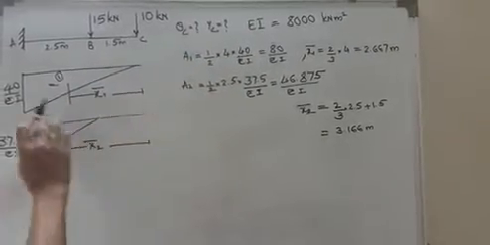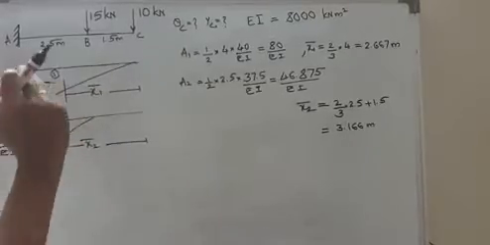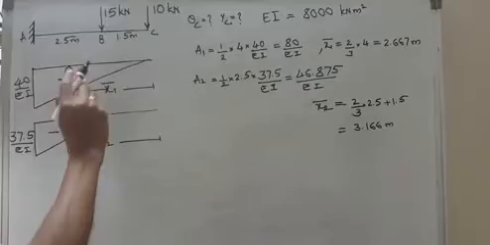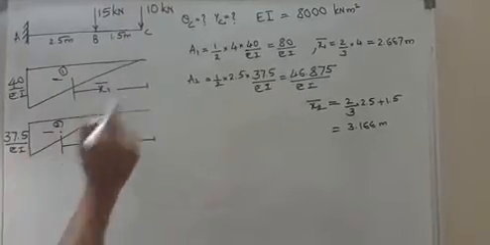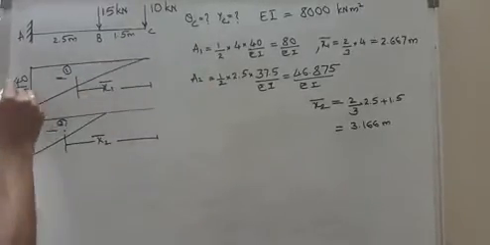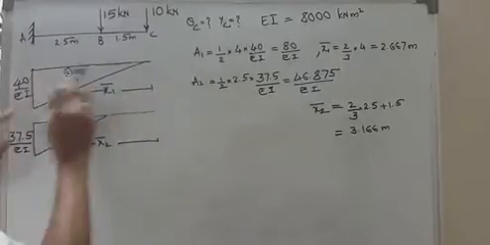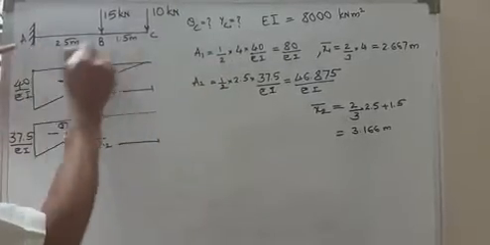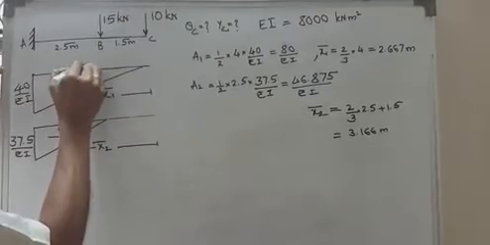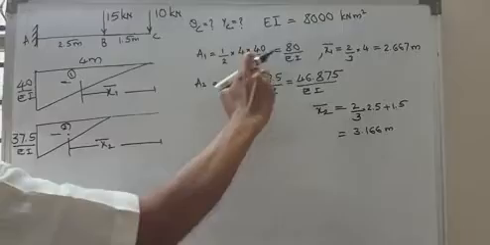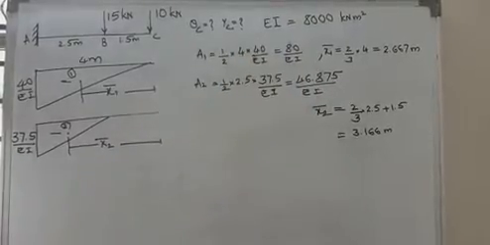Now let us calculate area separately. Only one area is there. Last time we have taken directly. Now first let us write the expressions for areas and the distance of CG. Area of this bending moment diagram 1 or M by EI diagram 1. What is this? 1 by 2. It is a triangle. So base is this is 4 meter, into height is 40 by EI. So if you simplify that, it comes as 80 by EI.